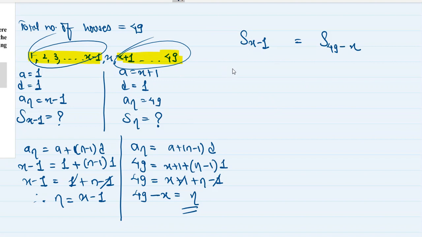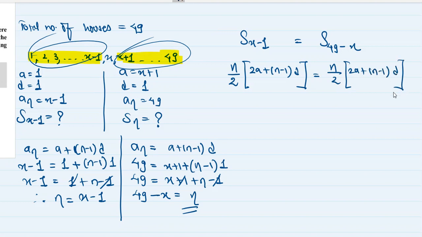It is n by 2 bracket 2a plus n minus 1 into d, is equal to, here also, n by 2 bracket 2a plus n minus 1 into d. So what is n over here? x minus 1 by 2 bracket 2a. What is a? The value of a over here is 1. So this will be 2 plus n minus 1, that is x minus 1 minus 1, into d is 1,